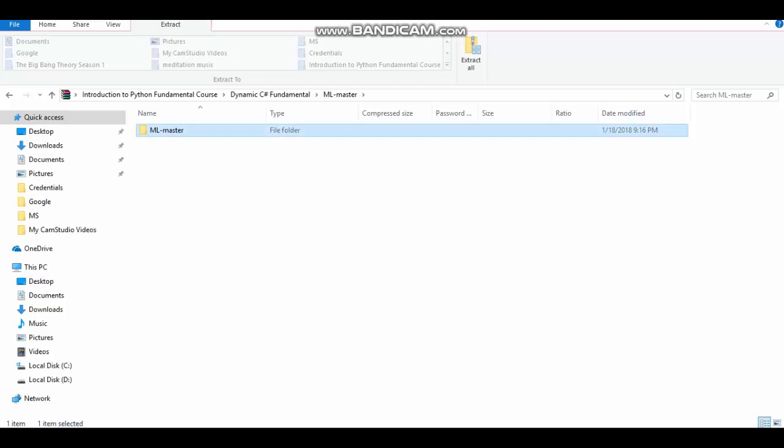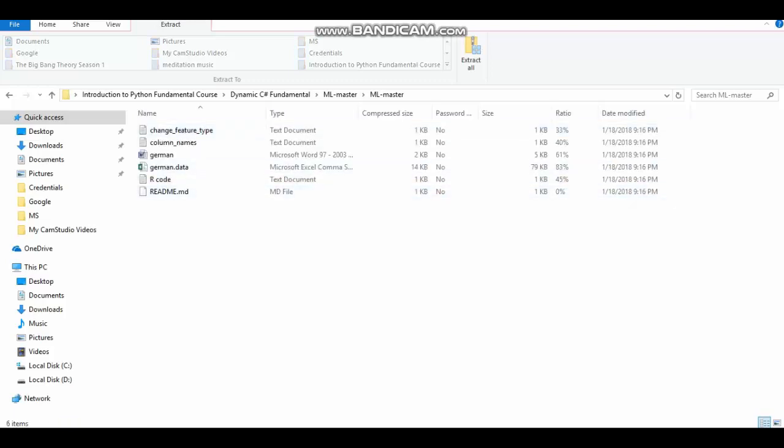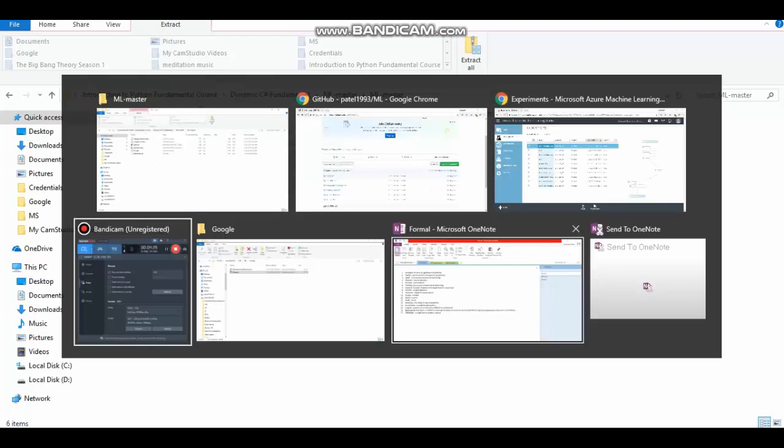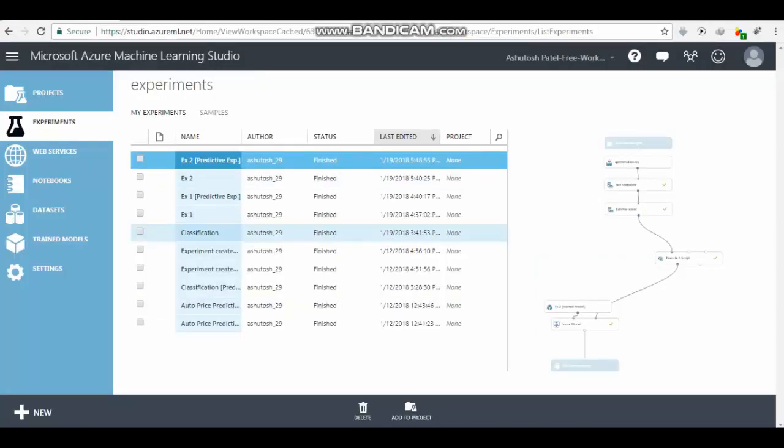So this is the codes file. You can see here all the relevant files I have kept here. Now we'll navigate to our Azure machine learning studio. In the previous video I told you about the basic layout of Azure Machine Learning Studio.